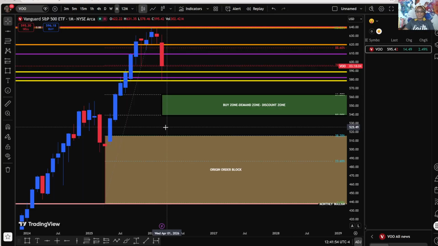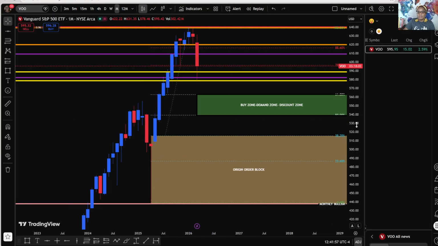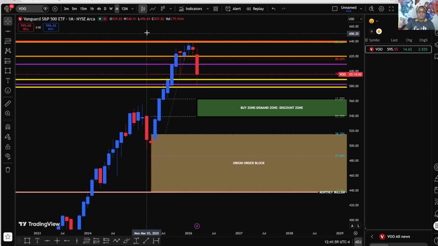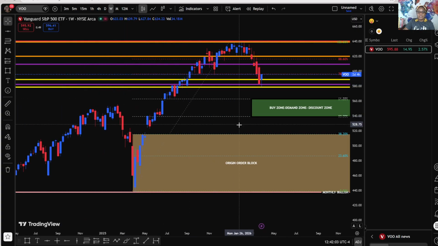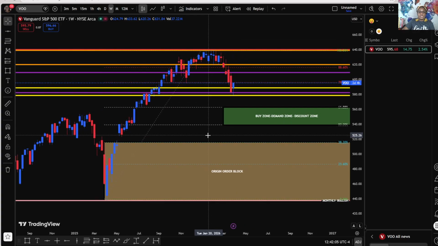All right. Now, that being said, we have these areas right here. I'm going to drop now down to the weekly and see what we see on the weekly. First, we do see, even though I drew my fib on the month, that the weekly does align as well. Because even on the weekly, we would have seen that, hey, we could have started here and up here. However,